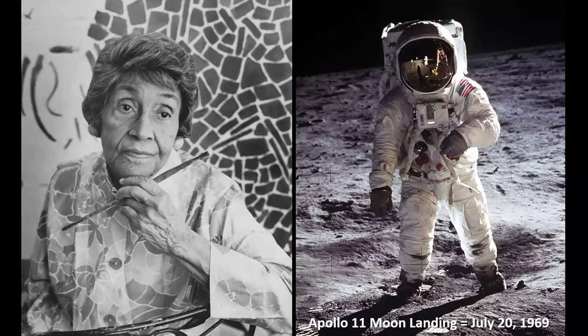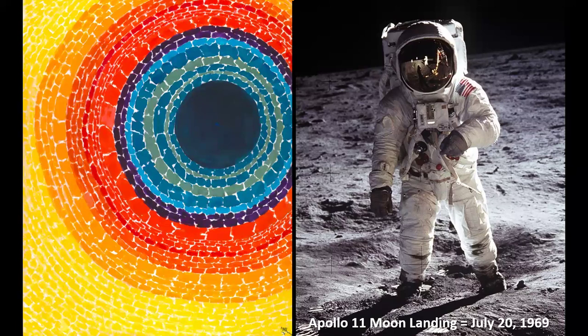And so Alma Thomas is pursuing her professional art career during the 1960s, and one of the big landmark events in American history, or actually just world history, was when the Apollo 11 astronauts landed on the moon on July 20th, 1969. It's really hard to appreciate the significance the moon and NASA and Apollo and all that stuff had on the American public, and it influenced a number of artists, not just visual artists, but all different types of artists and other individuals. And so Thomas makes a whole series of artworks featuring space exploration, including the work on the left,